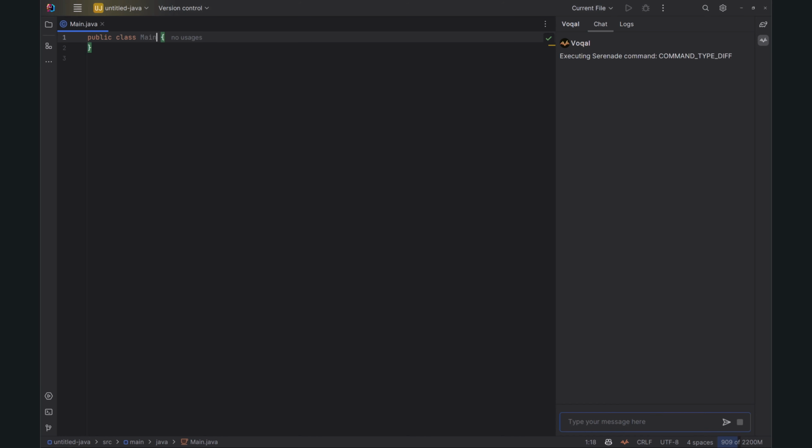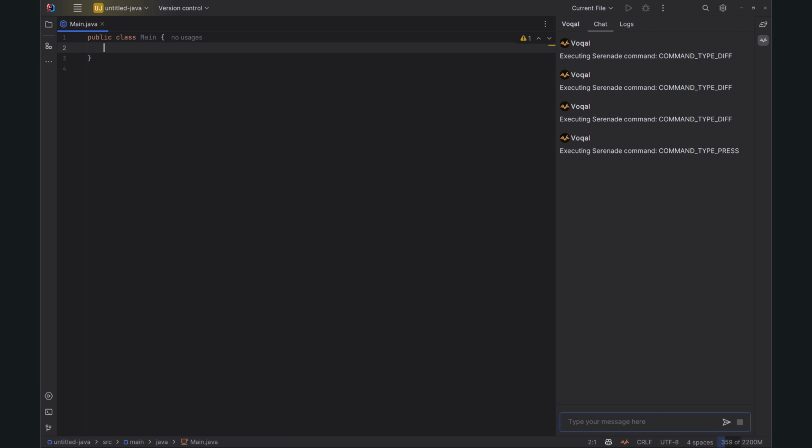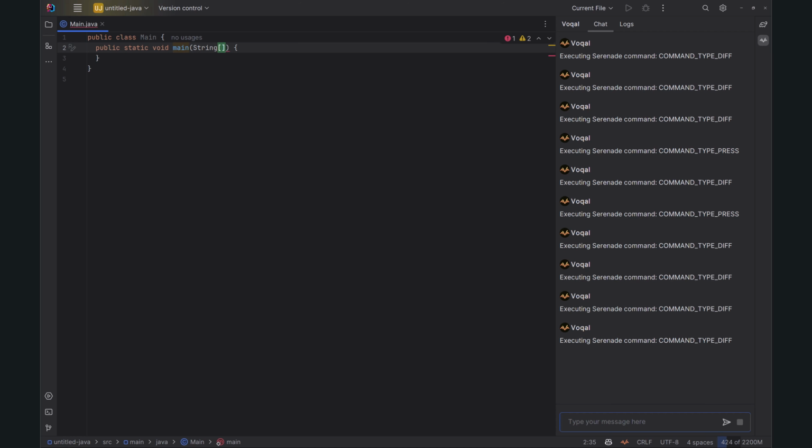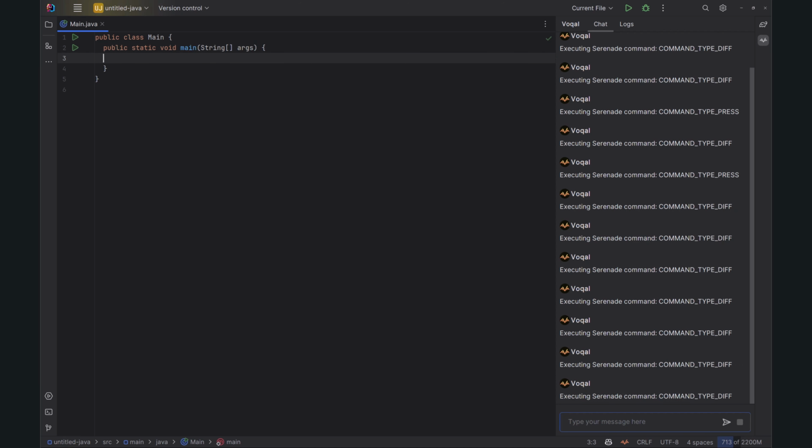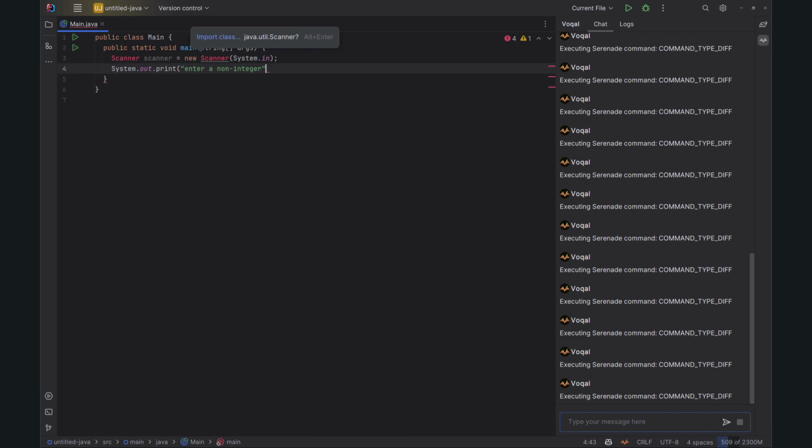Add class main, end of line, new line, tab, add function main, right, insert string, bracket, close bracket, insert args, end of line, new line, tab, insert scanner, scanner equals new scanner, open paren, system.in, close paren, semicolon, new line, insert system.out.print, open paren, string enter a non-negative integer, insert close paren, semicolon, new line, insert int number equals scanner.nextInt, open paren, close paren, insert semicolon, new line,